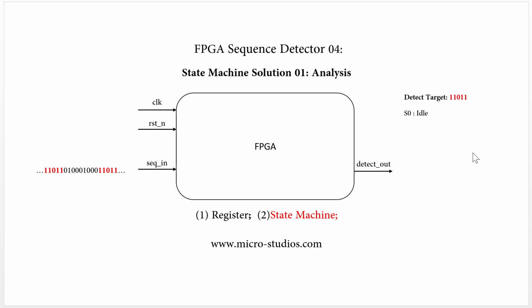We use S0 to represent the idle state. Next state will be S1. Okay, S1 means we already detected this bit. So next will be S2. We detected this one and this one. And the next will be S3,